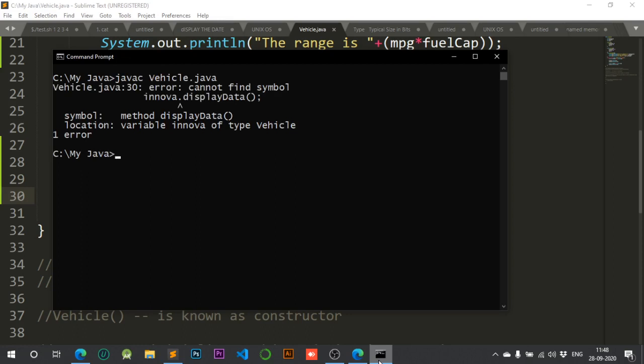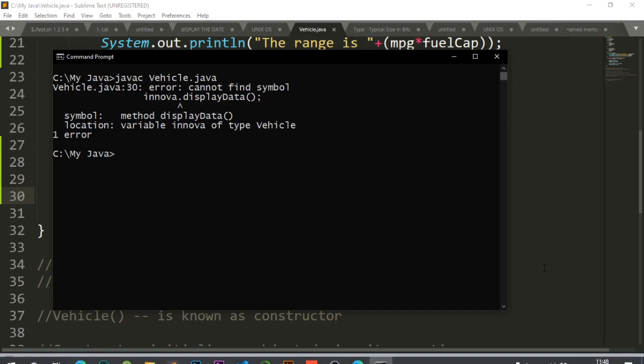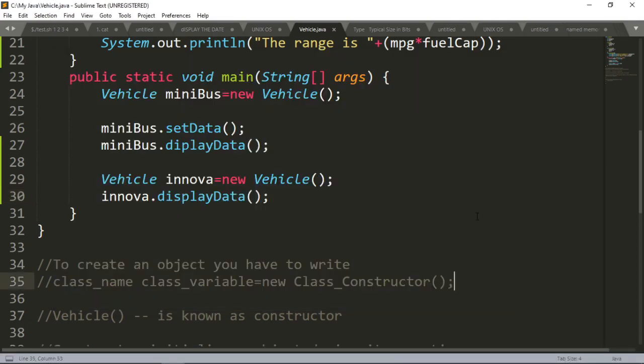Now what it is saying is that method display data, one error. Let me check Innova dot.